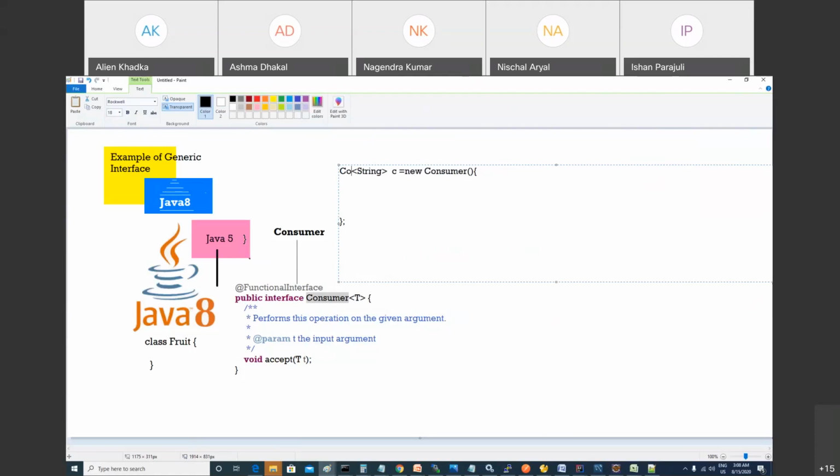Consumer, right? Not customer. Consumer. And here I can write public void accept. It is going to take one parameter, Asma. The parameter type depends on string. So here also you can write string, and what is the parameter type?